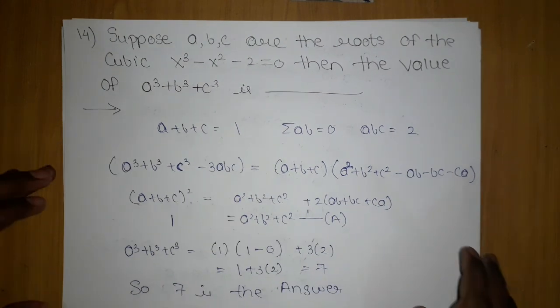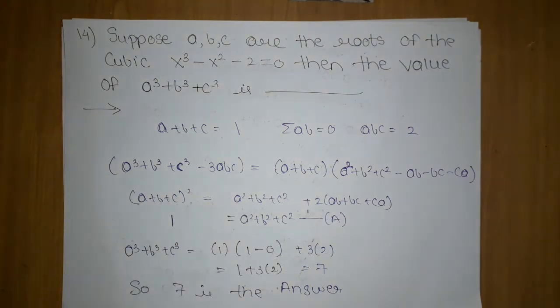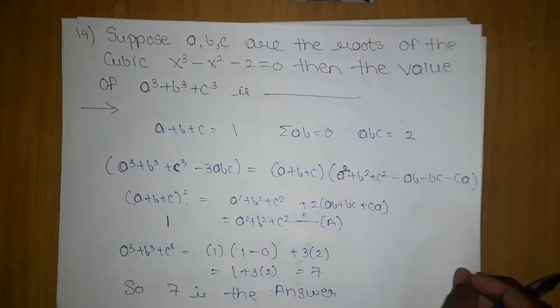The main part of this question was you should know this formula, otherwise you have to go for the binomial expansion. You don't have any other choice. If you know this formula, then your job is done. This question will be mostly 1 minute or 40 seconds. If you're more smart, then you can finish it in 30 seconds. Nothing great. Okay, let's move on further.